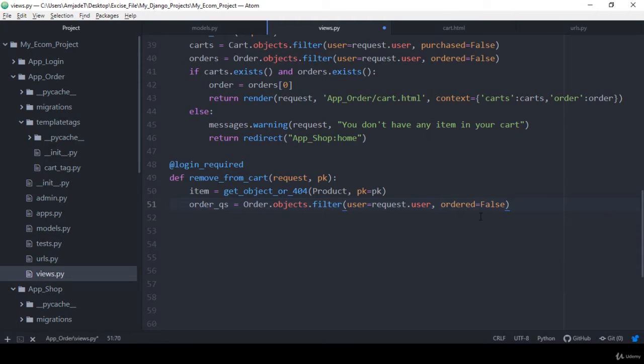So here I take all that our incomplete order, and I take the things with this variable. So now here I want to define some of the condition. After this I want to define one of the condition as if this order already exists. If this order exists, then we have to, first of all, take the things, we convert it